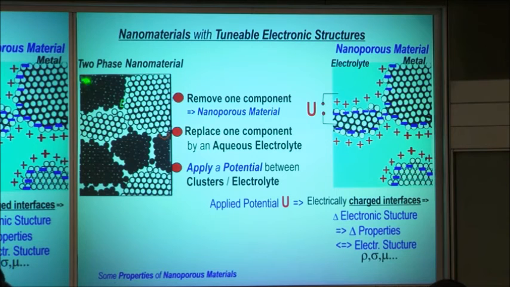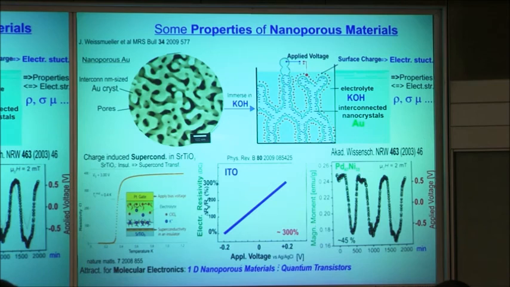So this is a way how we produce them. Essentially, a nanostructured material, etch one component away, fill an electrolyte in, apply a voltage, and then already you get these results. An example is